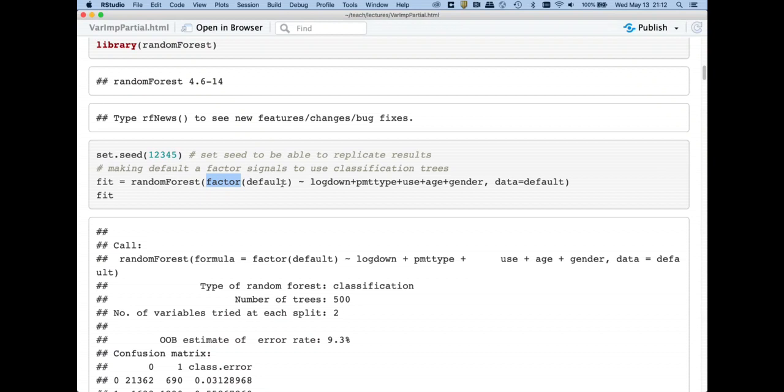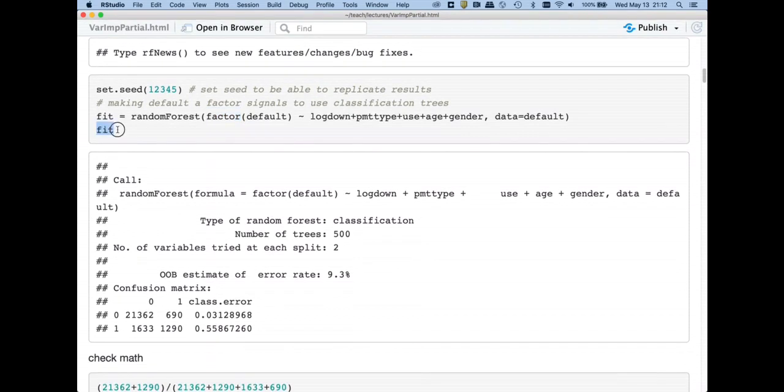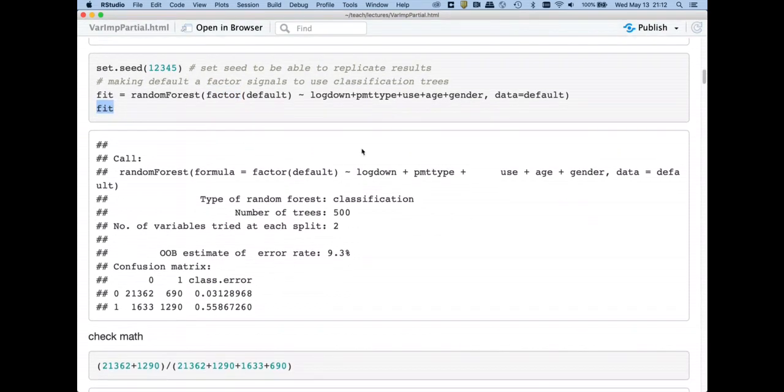And by default, R would try to fit a regression on that, and you don't want to fit regression trees on a 0-1 variable. You're better off treating it as a factor. All right, so I went off, I fit my tree model, and when I display the output, what I want